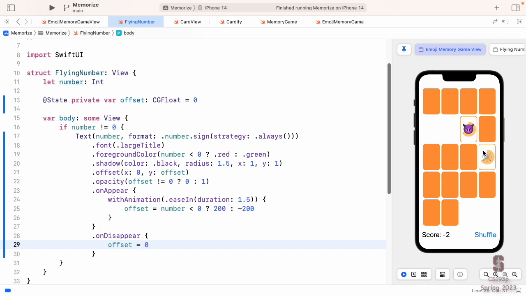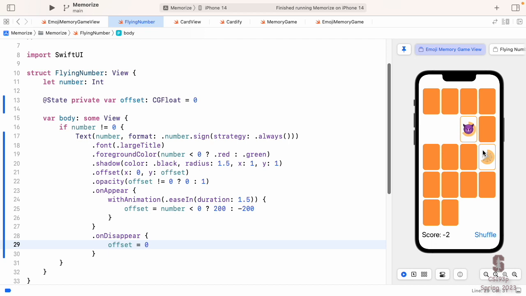Why is that -1 going behind another card? These cards are all at the same level in the UI from a ZStack, right? Now, they're at the same level in terms of their priority to be there, but they're laid out by the ForEach and the AspectVGrid and the LazyVGrid. In some way, we don't necessarily know for sure which ones are in front of which other ones.